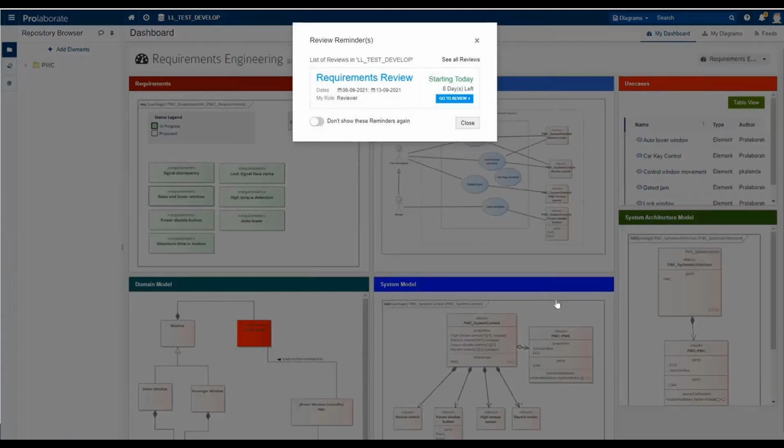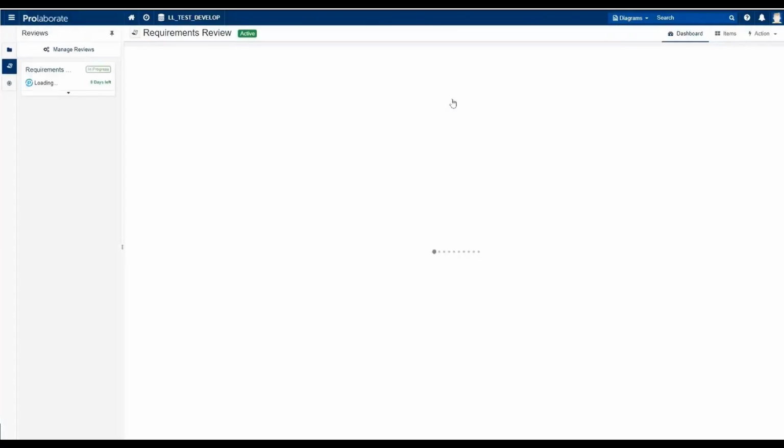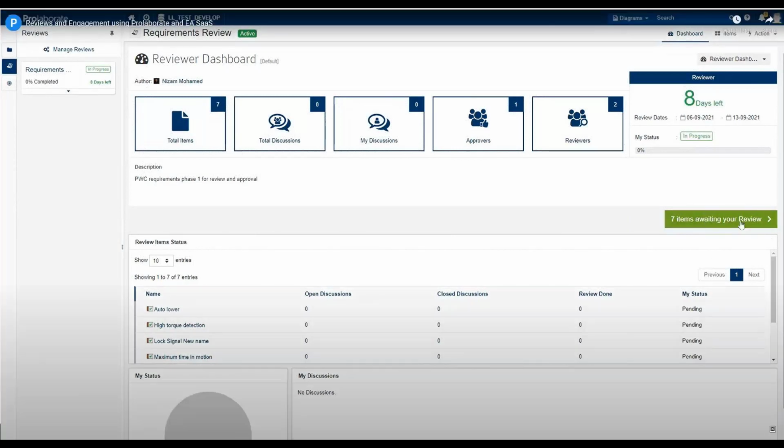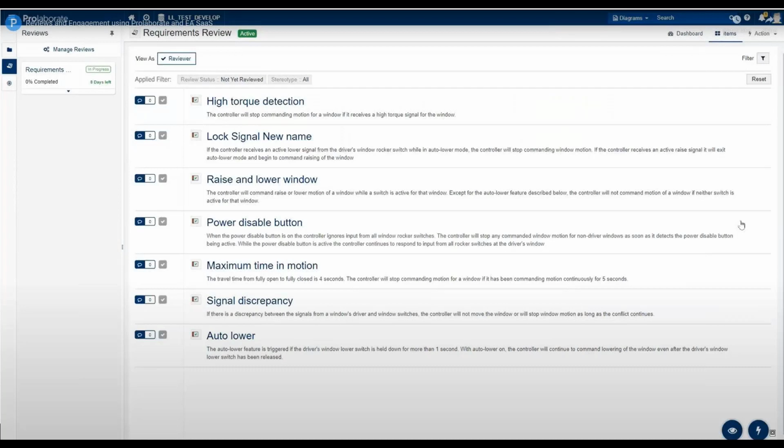So as Andy logs in to Prolaborate, the first thing he will see is a reminder saying, hey, there is a requirements review to which you've been assigned. Just clicking on that will take him to a dedicated review dashboard, which only shows him the items that are pending his review and the status of this review: what other reviewers have done and what feedback has been shared by other reviewers. So a transparent way to look at the reviews and other people's input,